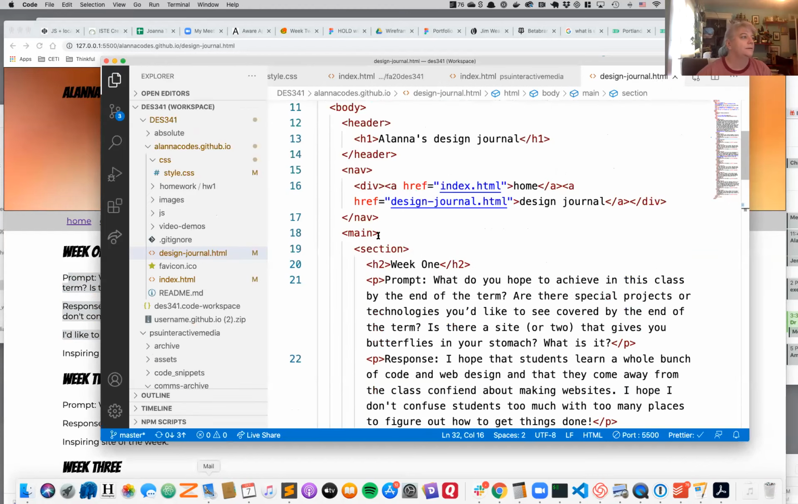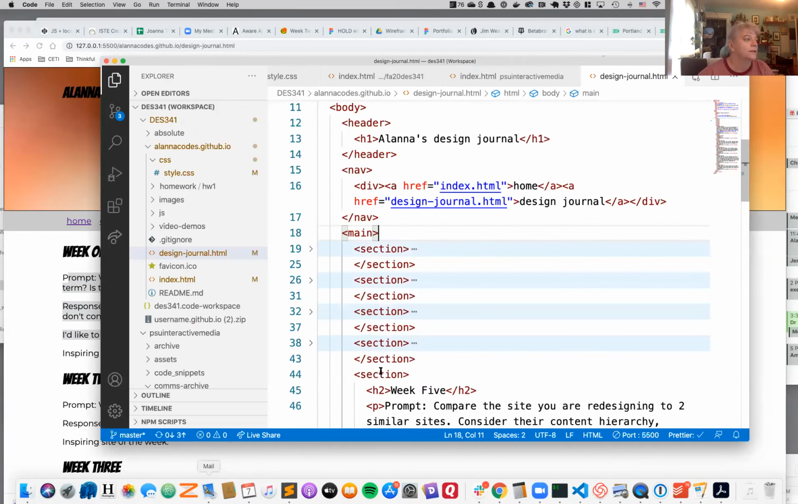Okay, so I have main, then I have section. There's an arrow here, so I can collapse these. And then we can see a little better what's going on. Okay, so we have a whole bunch of sections, and they're all in the main tag. I'm going to give main a class. I'm going to say class equals,